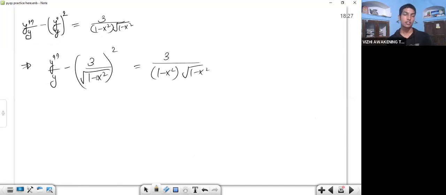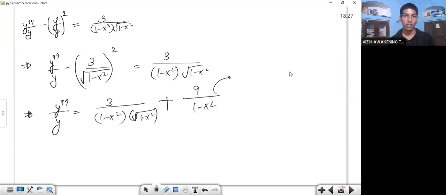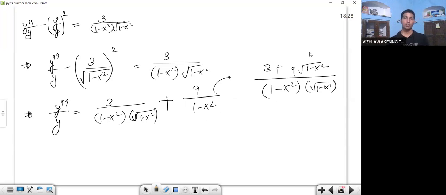So these terms are kind of similar. Let's bring it to the right hand side after squaring, solving its square's value. 3 upon 1 minus x square into square root of 1 minus x square plus 9 upon, square root will be cancelled by getting squared, 1 minus x square. Taking on LCM, 1 minus x square into square root of 1 minus x square is the LCM. So 3 plus 9 into 1 minus x square. So yes,